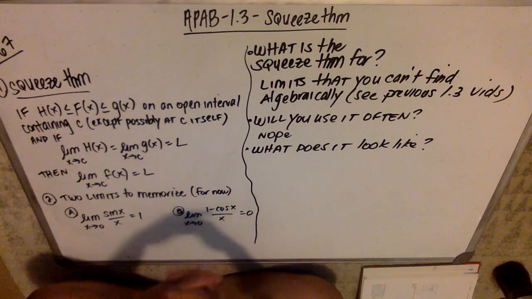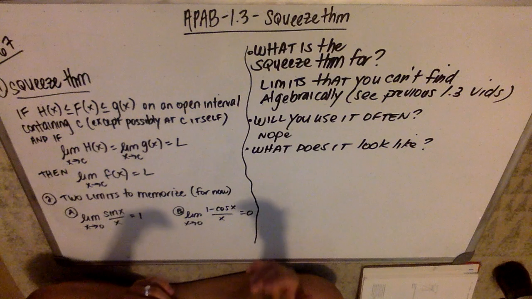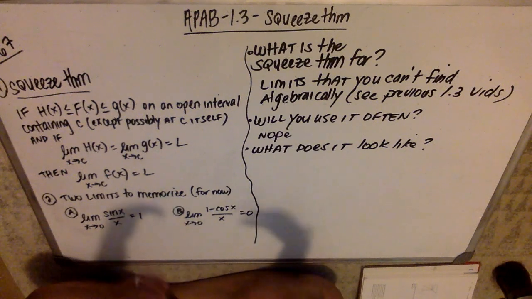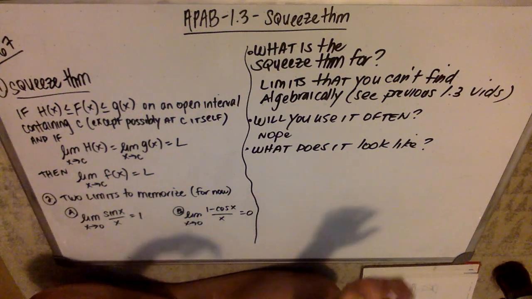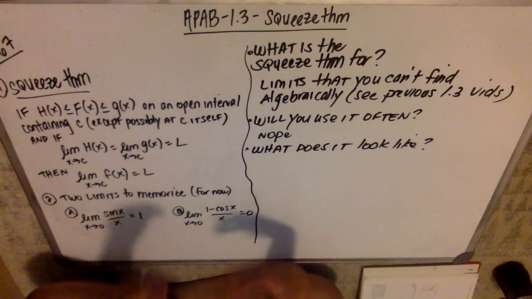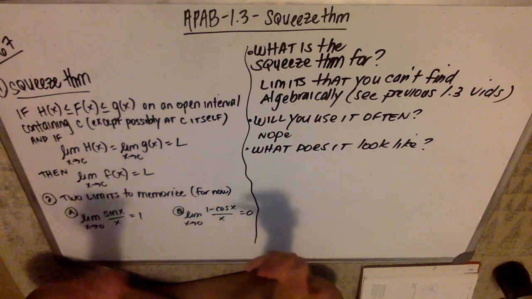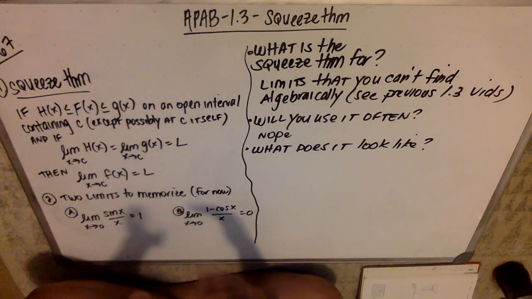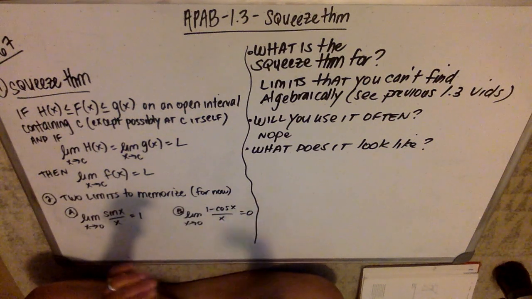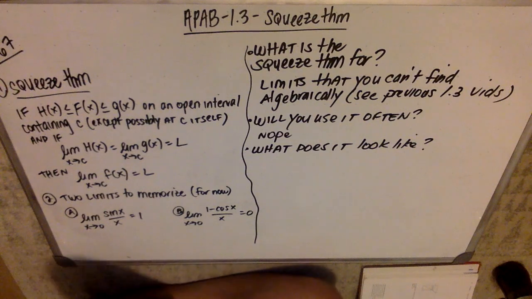The Squeeze Theorem, remember that things in math are named either after a person or something that is descriptive, right? Like slope-intercept is named after using a slope and an intercept in the equation. So the Squeeze Theorem is not named after somebody named Squeeze. Mr. or Mrs. Squeeze would be a great villain in a movie. The Squeeze Theorem is so named because we're talking about two functions that are